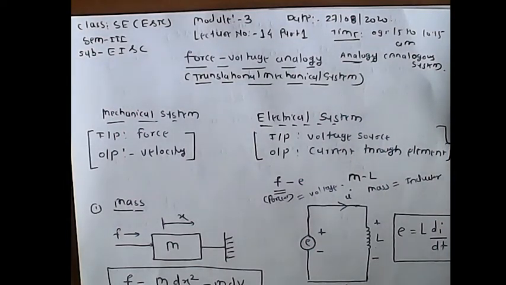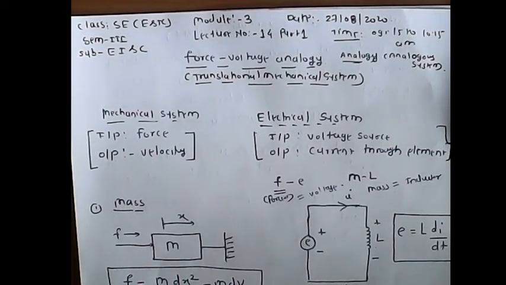by a system that is called an analogous system, and that can be explained with the help of an equilibrium equation. Sometimes it is very important to convert a mechanical system into an electrical system or an electrical system into a mechanical system. So what are the basic elements of mechanical system, like mass, spring and dashpot, which are to be mapped into electrical system? We can see in this lecture how to convert a translation mechanical system or rotational mechanical system into electrical system by using two methods.